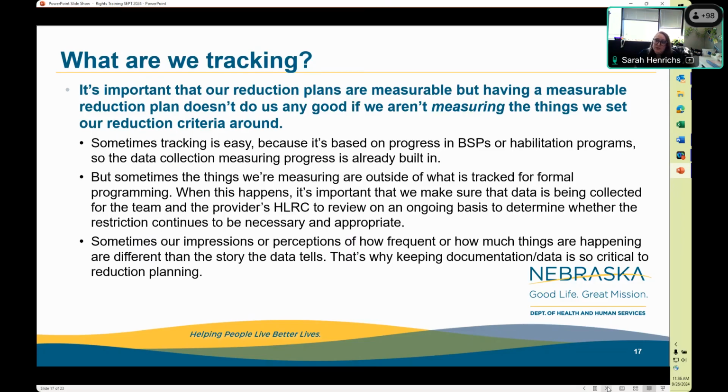And sometimes it's really simple because it's a HAP program or it's a BSP or it's reports you're getting from their therapist or their physical therapist or what have you. Sometimes it's things that'll be in GERs. But sometimes it's not. Going back to my fire starting example, if our restriction is working, they're not burning anything down, right? And so if we're measuring in their BSP incidences where they set something on fire,